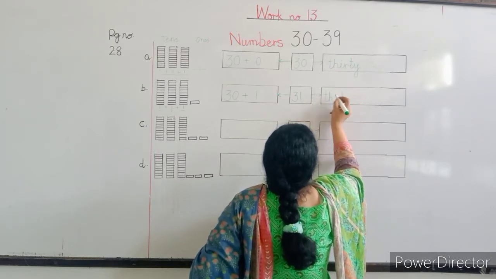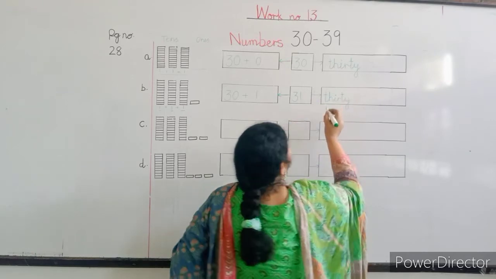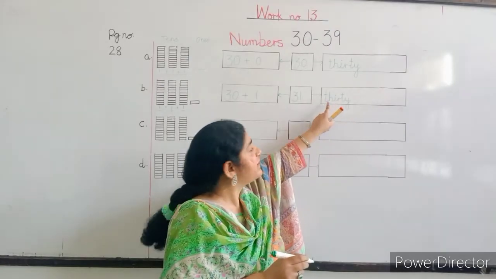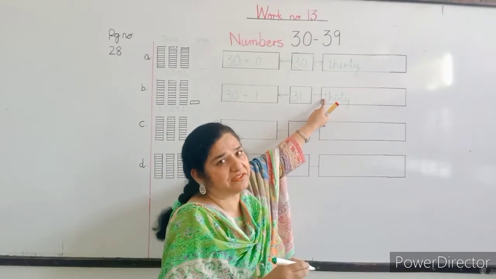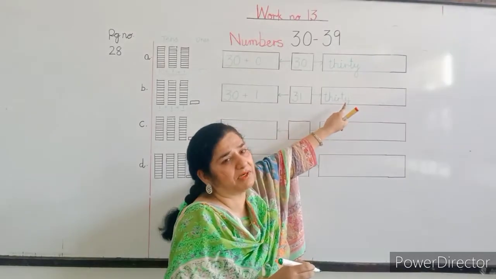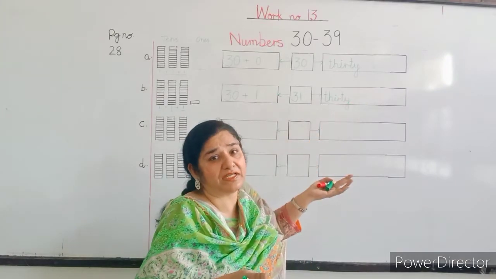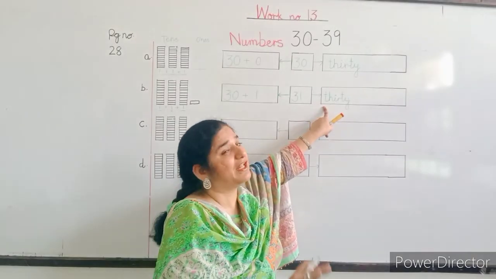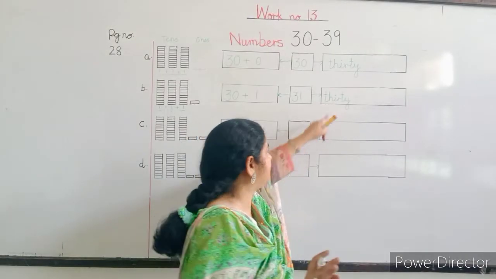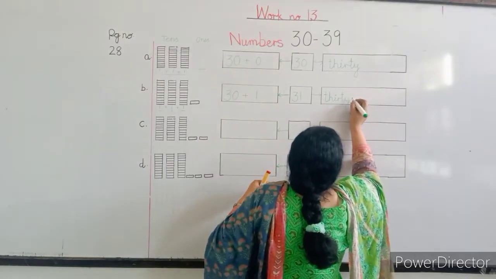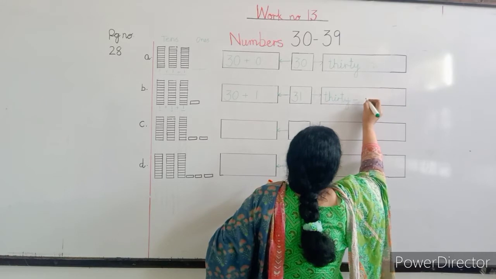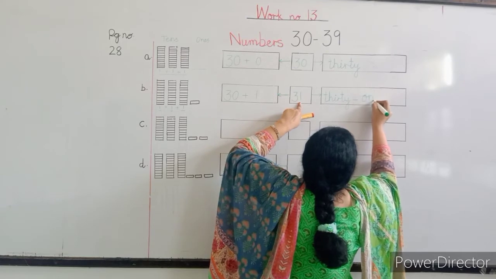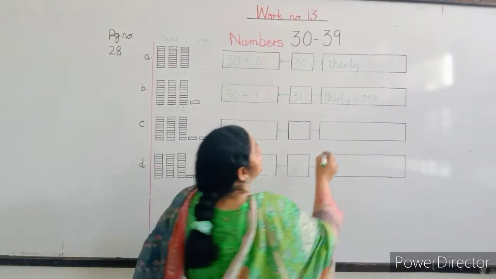Look, THIR, 30. Start from here, and then we always start making the dashes, these lines of T and dot of I or J. We will always start from the first letter, okay? Don't write from the middle or from the end. In this way you will miss any line of T or dot of I. If you start from the first letter, then no line or dot will be missed, right? So this is 30, and what do we have to make here? Dash, and then 1. 31. Right, children? 31.